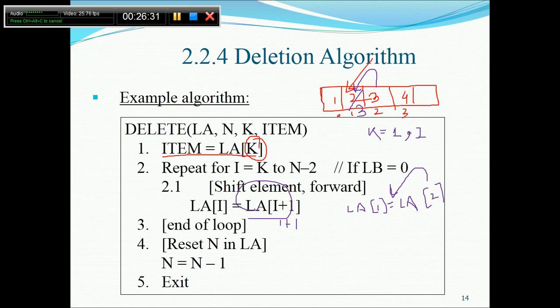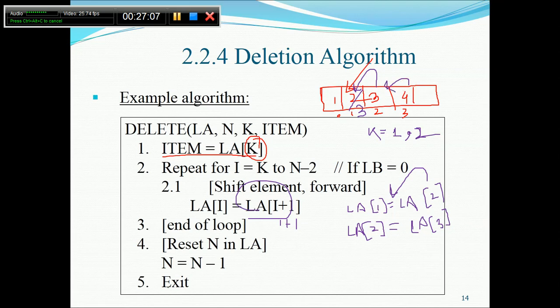Okay. Now again for k is equal to 2, it will run. It will have to run for 2 also. So now k is equal to 2. So the second operation would be 2 plus 1, that is 3. The linear array of 3 would be copied to array of 2. Okay, it will copy from here to here. Is it fine? Now once it is done, the element at the third index will be copied here.